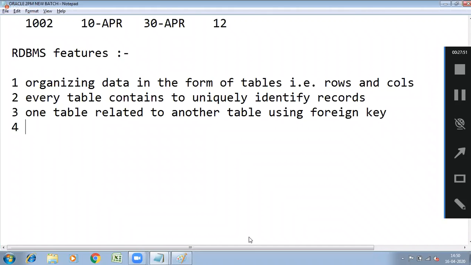Next, another one in RDBMS: it is easy to access and manipulate data. Why? Because you don't write programs.